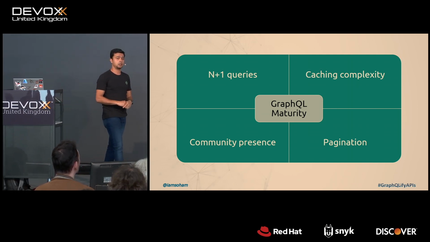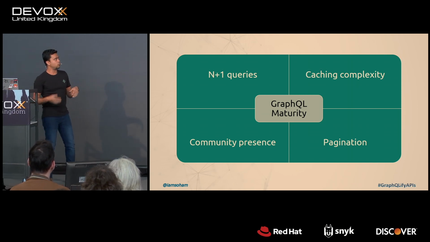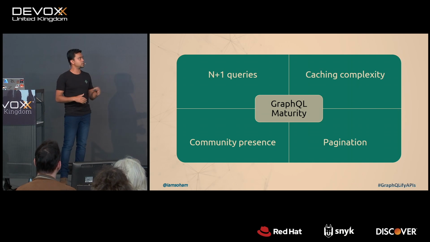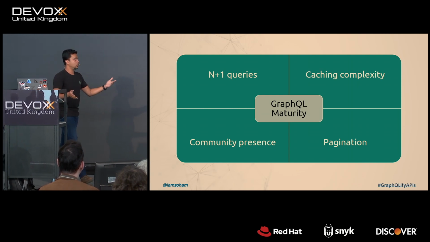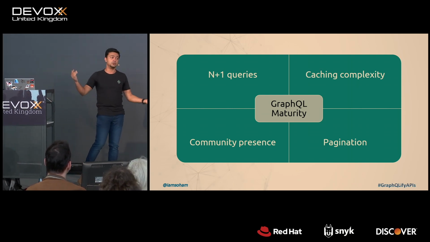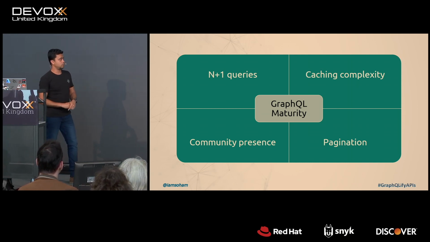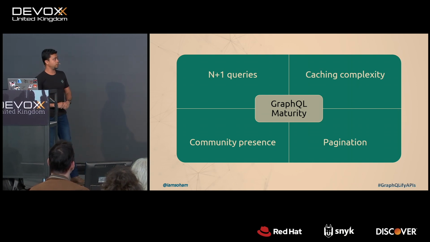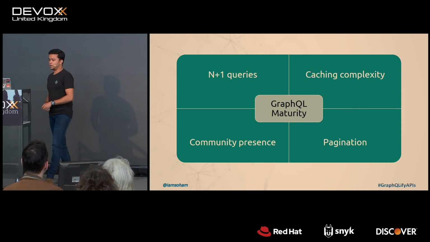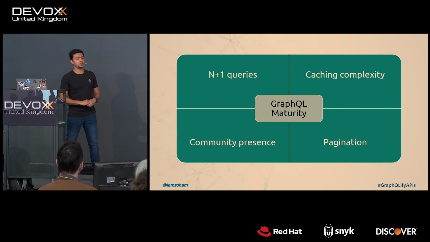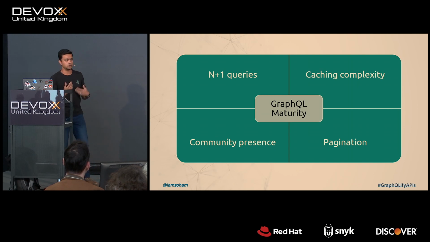There is a problem with caching. Spring GraphQL and the Netflix GraphQL framework provide a little bit of caching, but it literally depends on you how you cache your data on the backend queries rather than on the GraphQL layer. The community presence is also not as huge as you imagine for REST or SOAP or any other way of making an API available. And pagination is also something of a pain because you need to define your entities in such a way that the pagination works. So the framework doesn't provide support for it. So you need to really do it yourself.